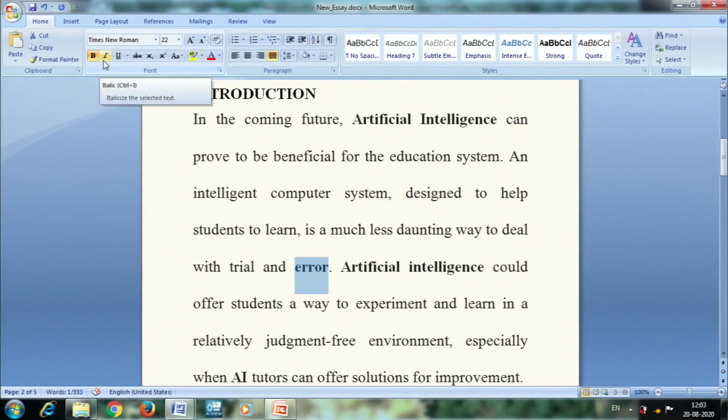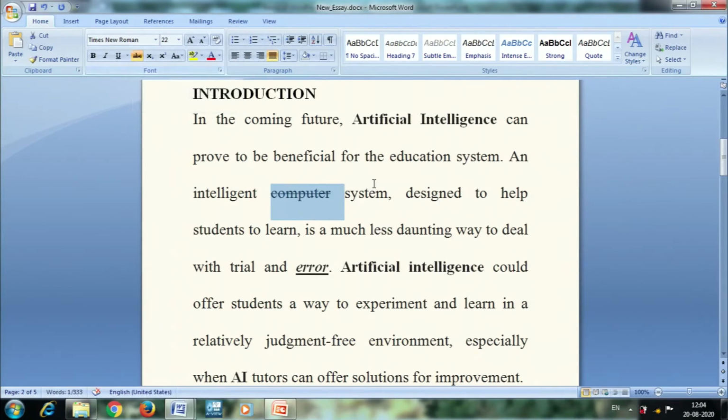So here, if I keep, it is for italic, so it shows me italicize the selected text. So I can make my content italic, and I can also add underline to my content. So if I click U, I will get an underline. So this is about strikethrough of my content. Suppose I felt like this word I didn't need in my content, I can just make it strikethrough.